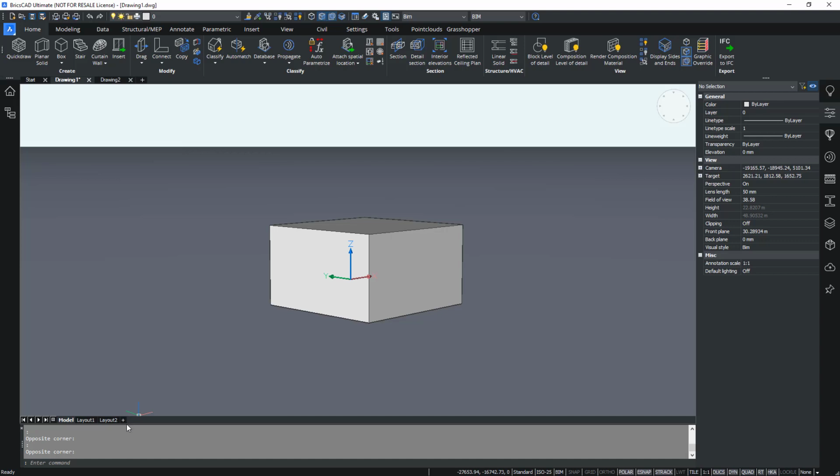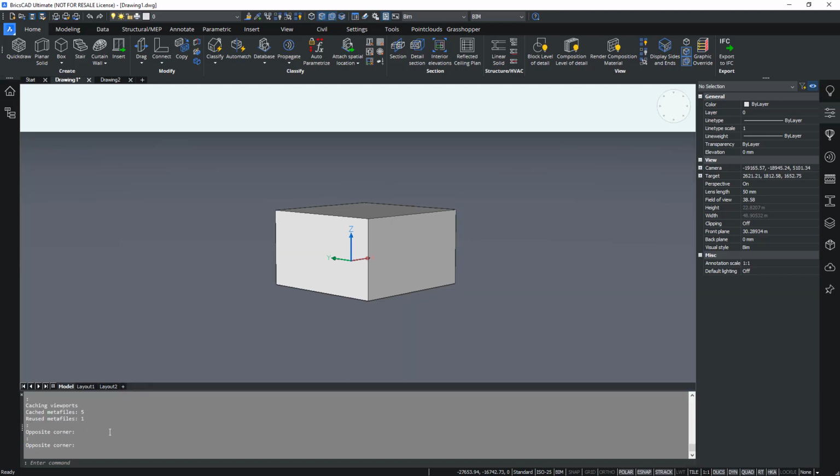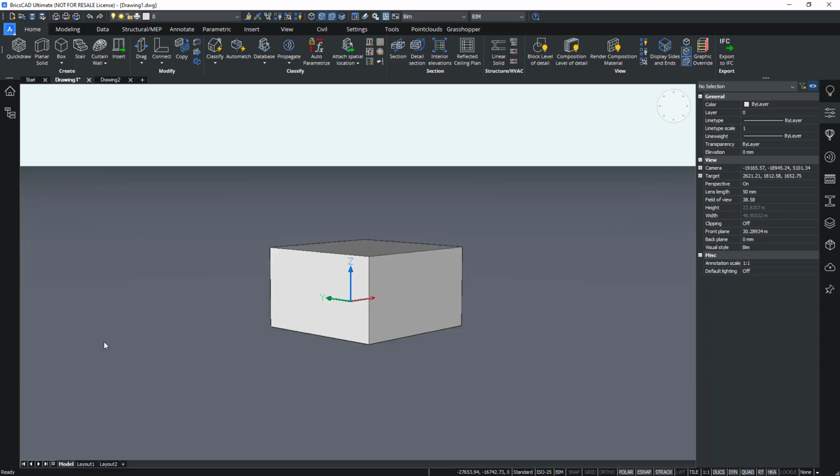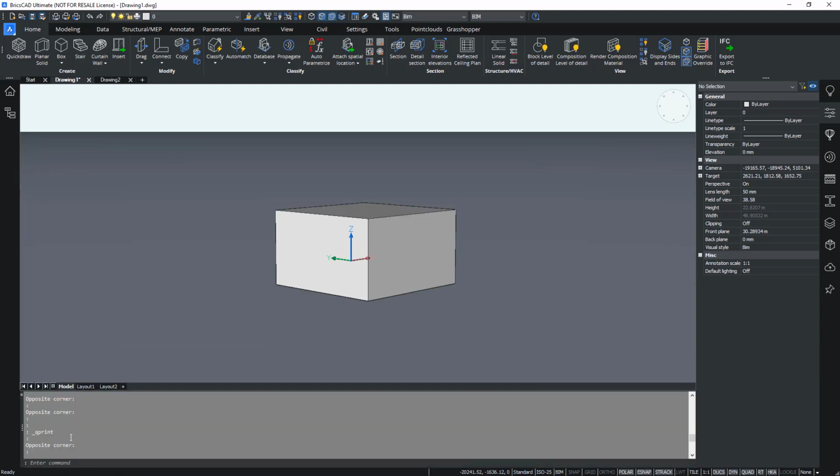When the command line is shown, you will be able to resize it as well. You can also undock this panel, and then you will enter a floating state of the command line. If you dock it again, the docked state is shown.